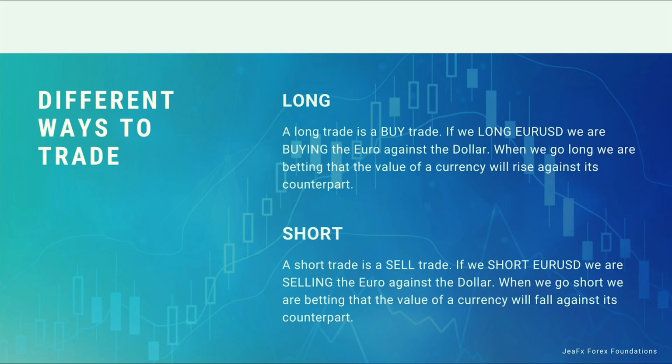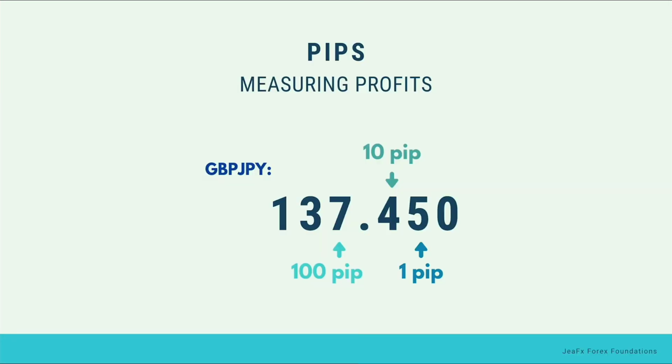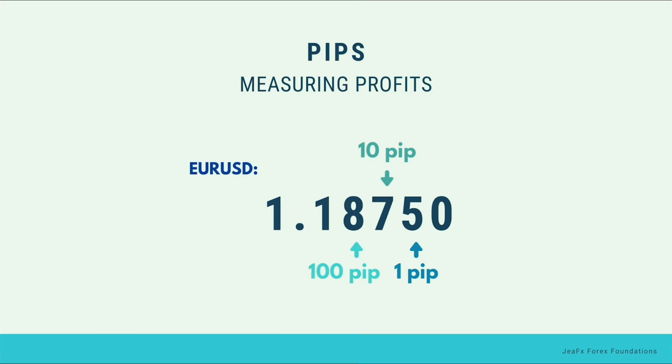So back to recap on the long and short methods of trading. We can trade both ways. We can profit from price increases and price decreases. When we're trading, we want to measure profits in pips, which means we need to keep up to date with how to actually read these pips. Here's an example of a quote. We want to, as the general rule, go to the far right and remove the final decimal, and then we start from there with the 1 pip, the 10 pip, the 100 pip, 1000 pip, and 10,000 pips. However, generally we only need to measure 1, 10, and 100 because past that is a very rare and large price movement. Another example here with Euro USD.